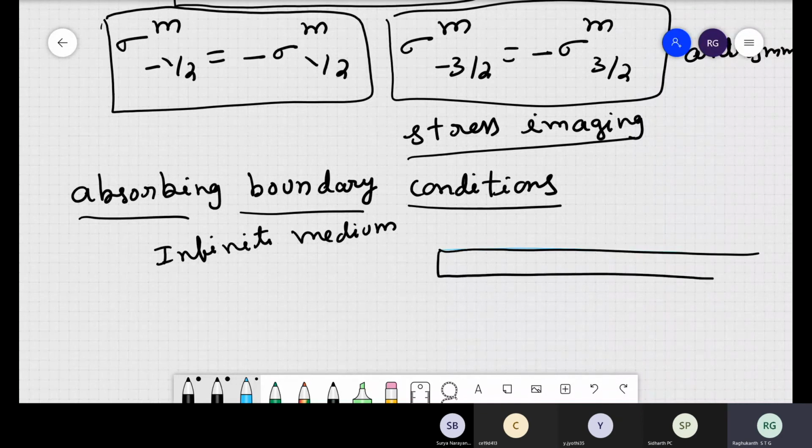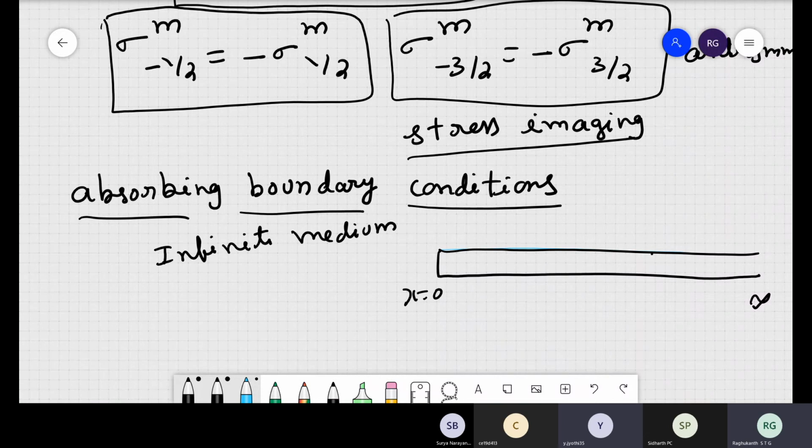So this is my beam. x equal to 0 is here, and it goes on infinitely long. Now, how do you represent an infinite length in finite elements or any numerical method? Can you represent infinite length? No. So how do you handle infinity in numerical schemes? You cannot go up to infinity, so you solve a certain length only.